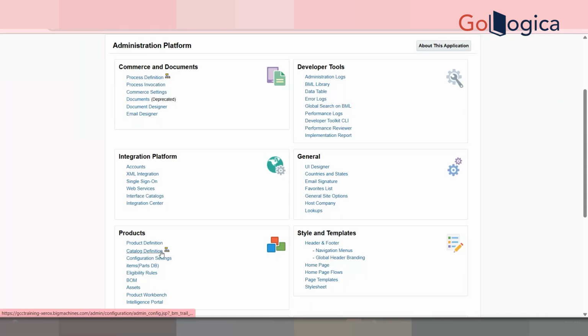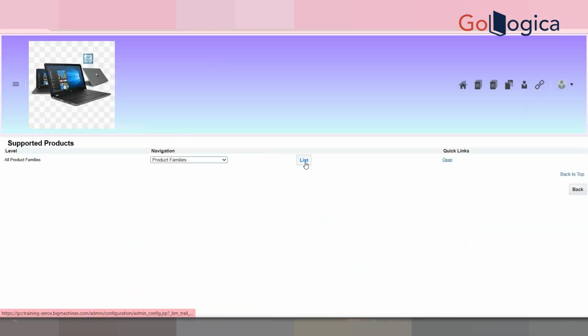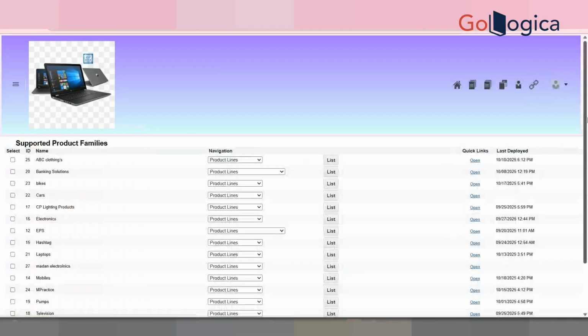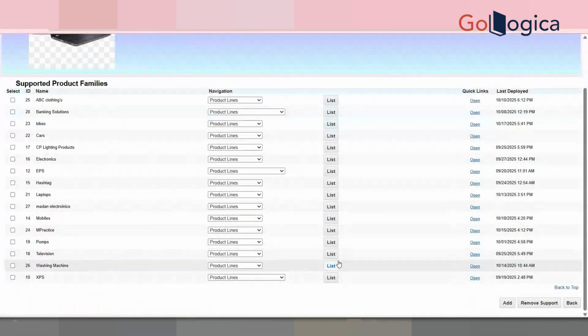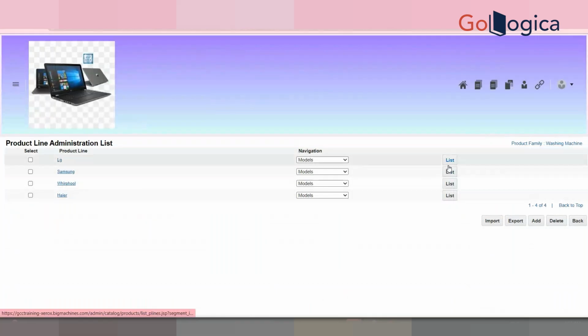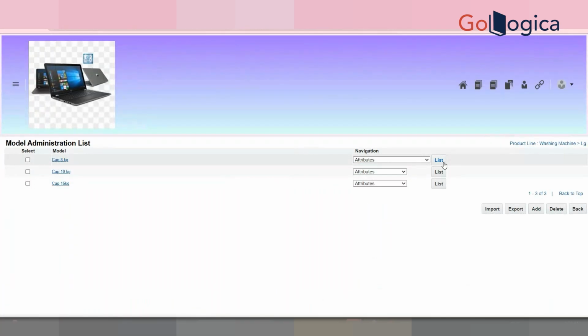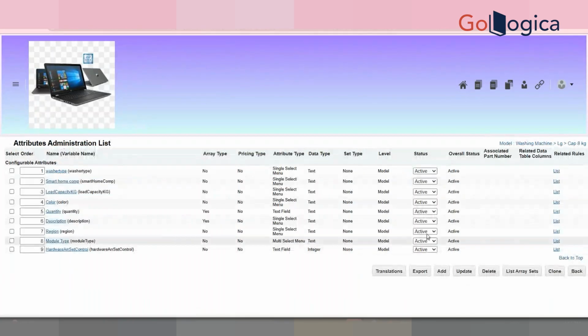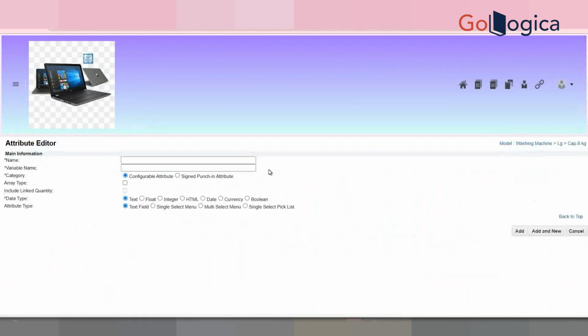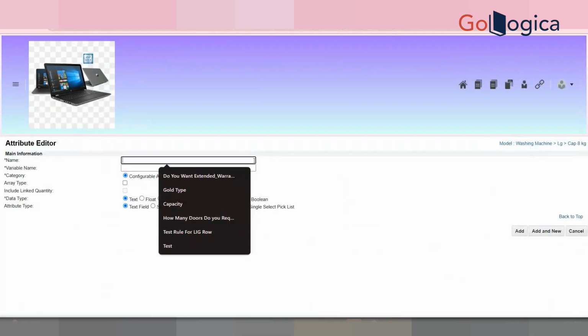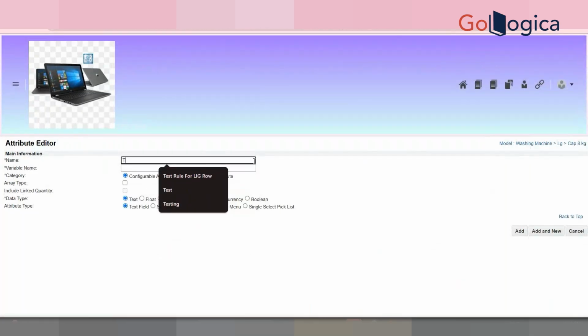Now I'm going to the catalog definition. Since we don't have any static model here, I'm just using one of the models which is available on the home page, that is some washing machines. Basically, first we shall discuss array sets. If I click on add, here we have the attribute creation page. What we are going to do is give some